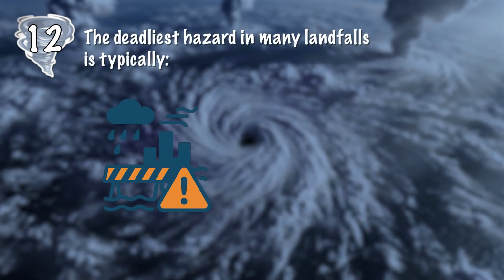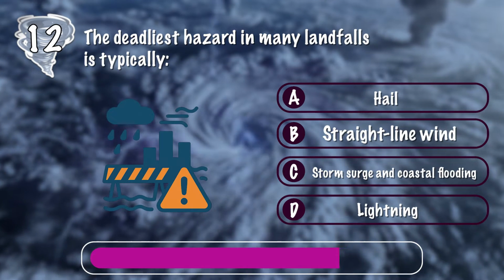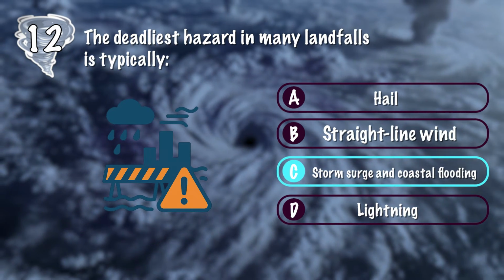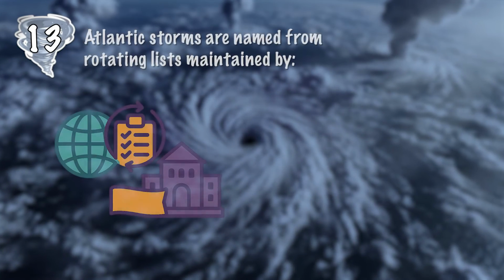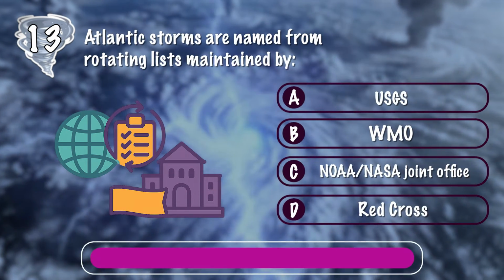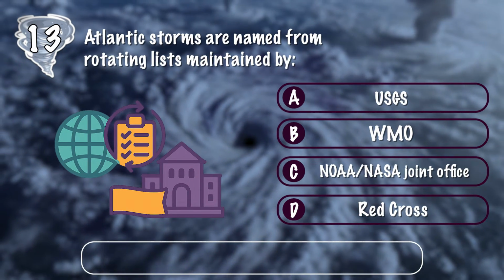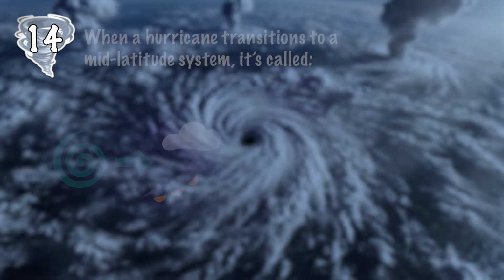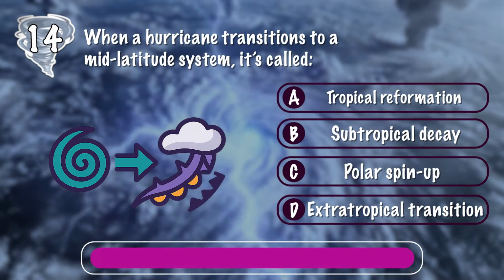The deadliest hazard in many landfalls is typically correct answer C, storm surge and coastal flooding. Atlantic storms are named from rotating lists maintained by correct answer B, WMO. When a hurricane transitions to a mid-latitude system, it's called